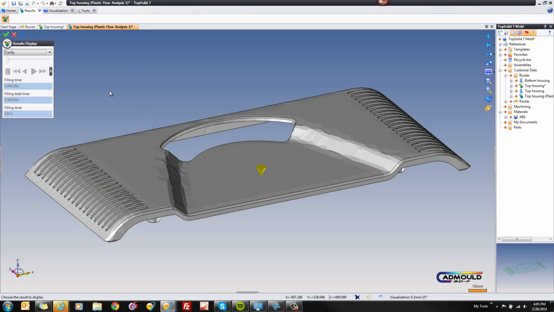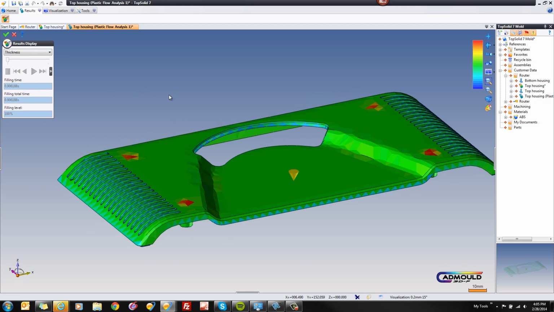Let's maybe take a deeper look. Maybe we want to know what the filling time is. Well, the filling time is just about a second. Okay, and we did hit 100% filling. Maybe we want to check for thickness. Are there going to be any